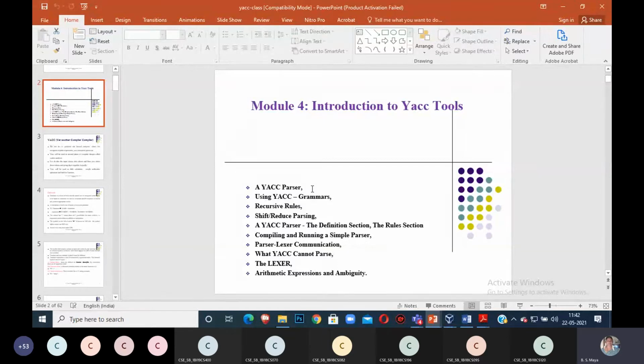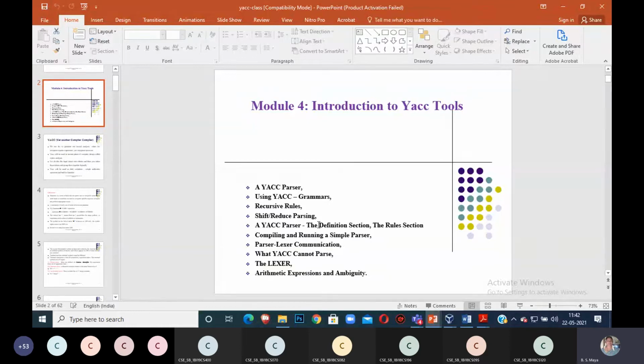Then you have studied about recursive rules. For recursive rules, you have to rewrite your grammar for any of the problems. I will tell you each and every detail. For today, I will go through only some simple sample programs. The details of YAC and YAC programs will start from next Tuesday onwards. As per the lab, only as much as required, that much I will explain today.